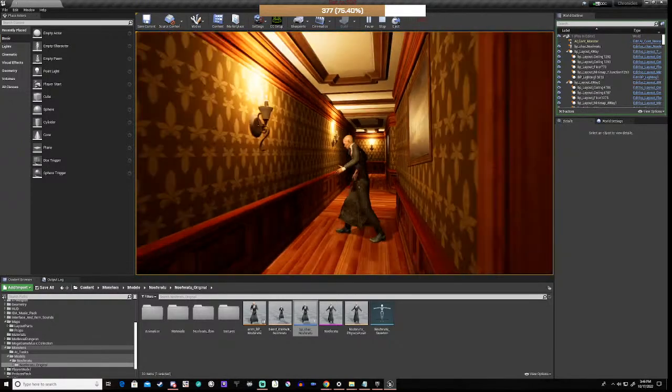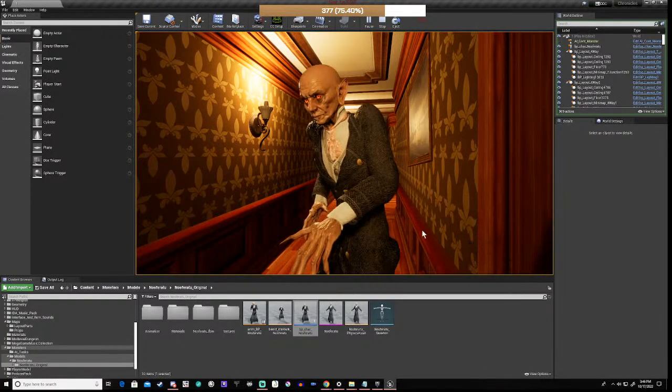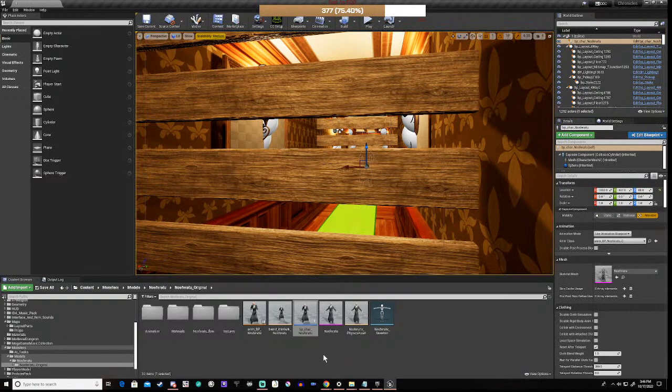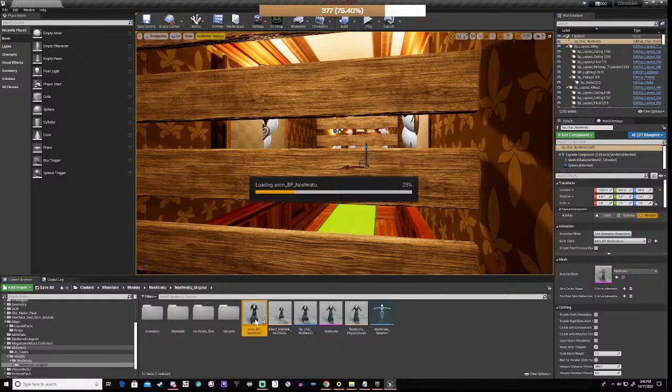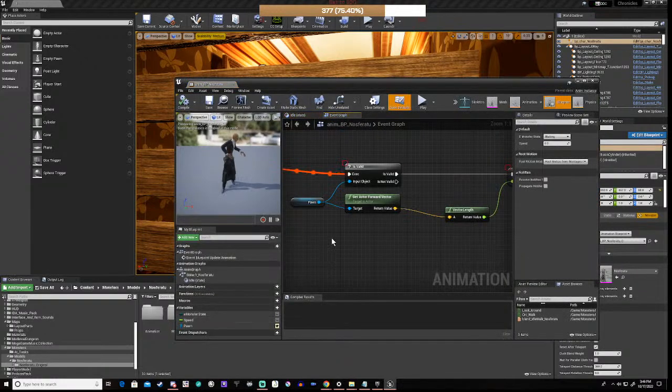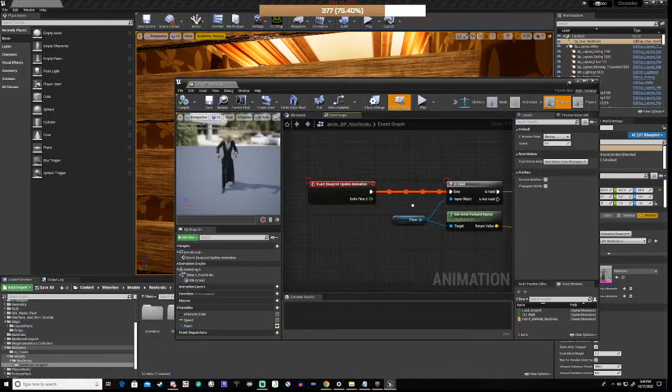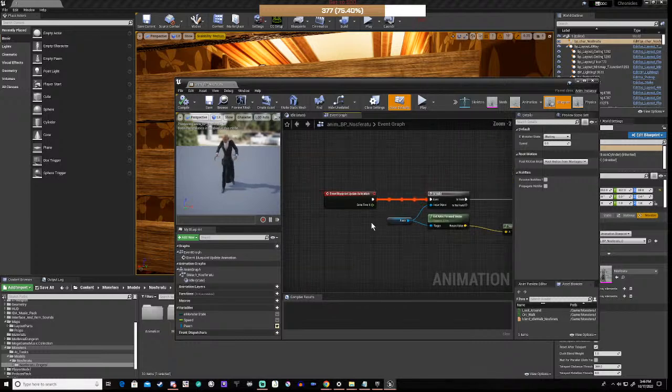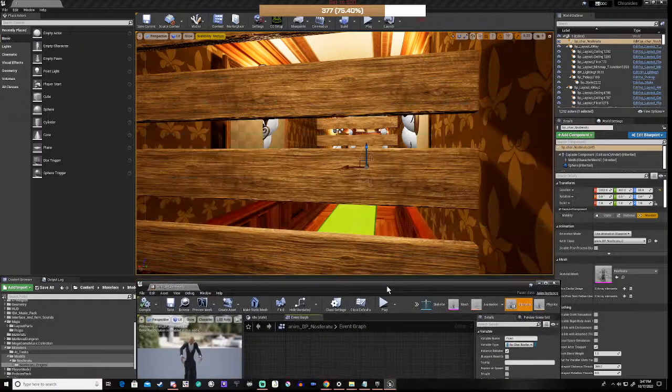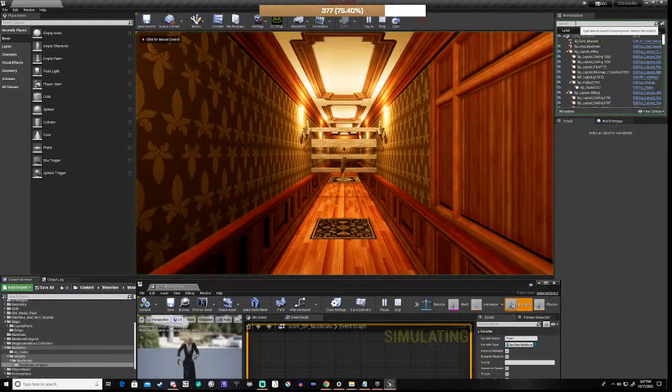Right, so it's still not working. And our animation blueprint has still decided not to work. And this pawn is still saying nothing. Right? Now I'll show you what I mean by that. If we go to here and type in NOS,